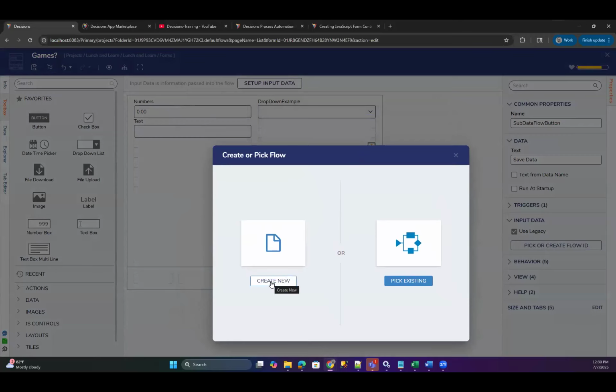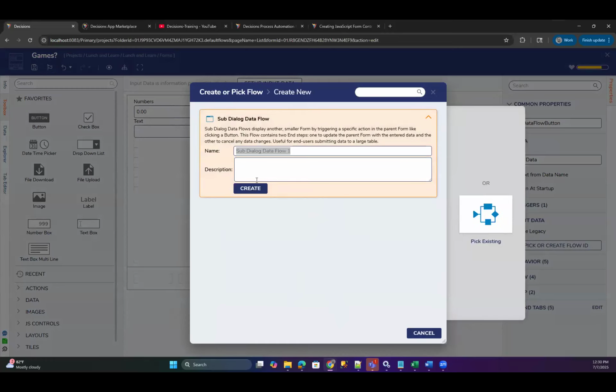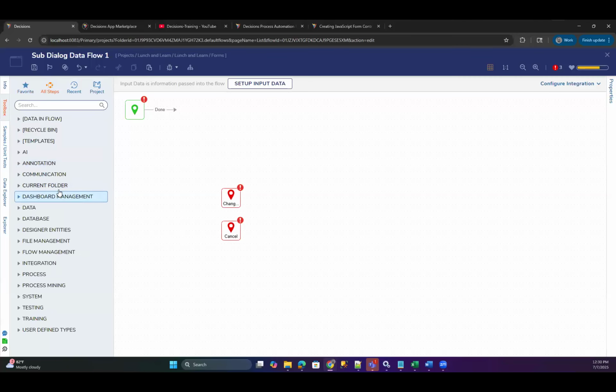You went to all steps. You went to, where was the area that you went? Under all, there should be a form rules section, Form rules. That's what it was, but it's not in this one actually.